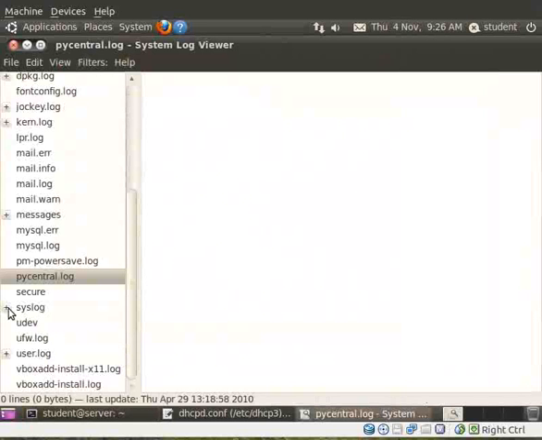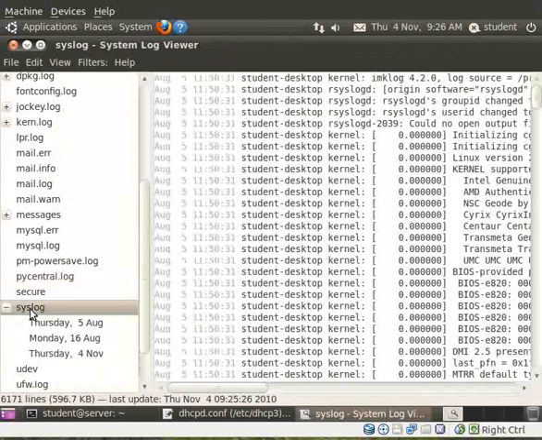And syslog is a system-wide logging facility, and the DHCP3 server writes messages to this log. So if we open it up and notice that the first things in this log, if I just make this a little bit narrower so it's easier to see,